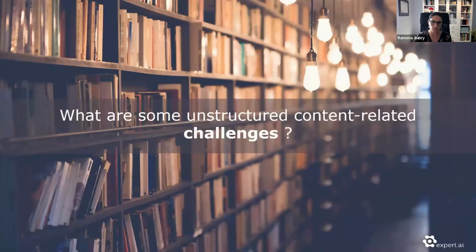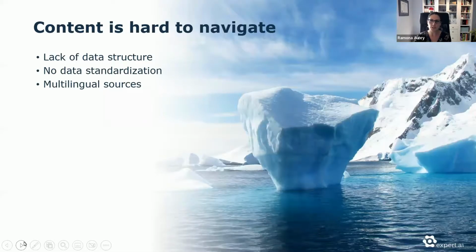Now, we talked about the definition of taxonomies, and the title of my presentation is How Taxonomies Help Us Solve Complex Business Problems. These business problems are obviously connected to unstructured content. So what I'm going to do right now is take you to some of the, I would say, most common challenges that we see from a business perspective when dealing with content.